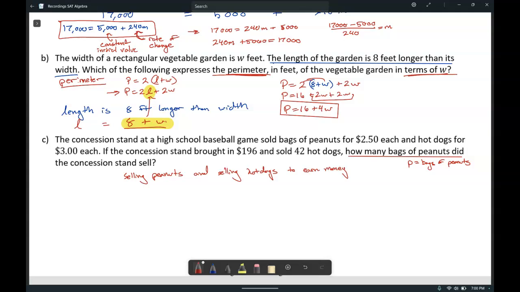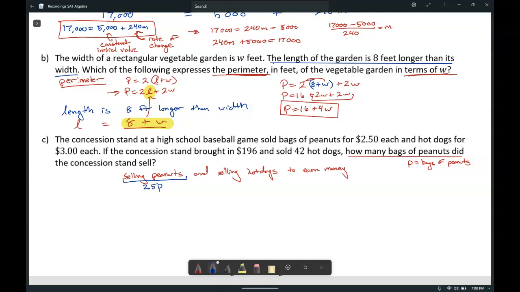And so now we've defined our variable, we can go through and start to fill in our equation and use that in order to solve. So let's go ahead and translate. When we're selling peanuts, we have some number of bags of peanuts, and for every bag of peanuts we sell, we make